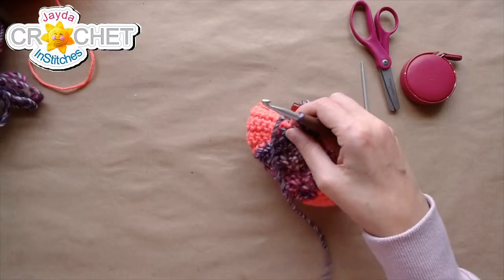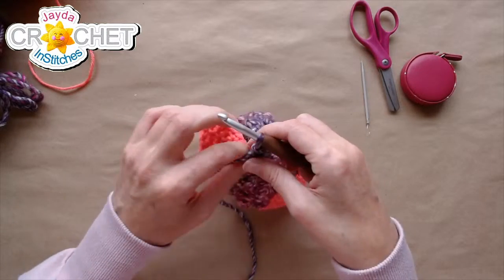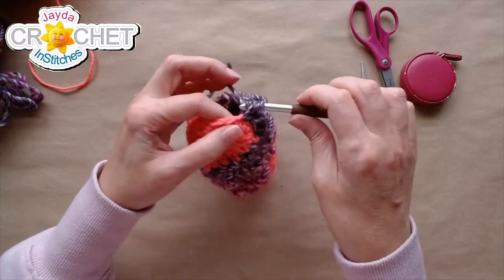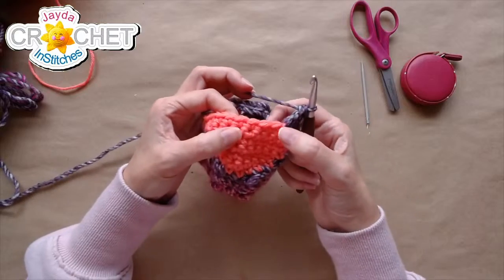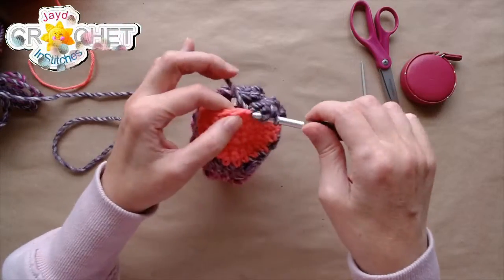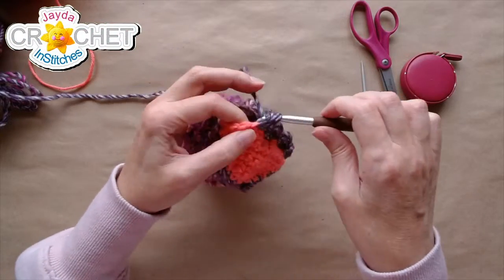I'm just going to give myself a little bit of slack here. Across the heel, we've got 12 stitches. So I'm going to skip the first 2 stitches of the heel, find the next stitch. Skip 2, find the next one, and continue with that little leaf stitch, single crochet, 2 double crochet, skip 2, find the next stitch, single crochet, 2 double crochet, skip 2, find the next stitch, single crochet, 2 double crochet,